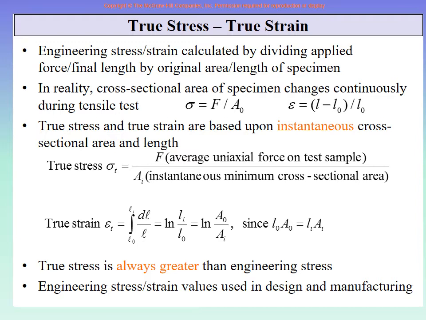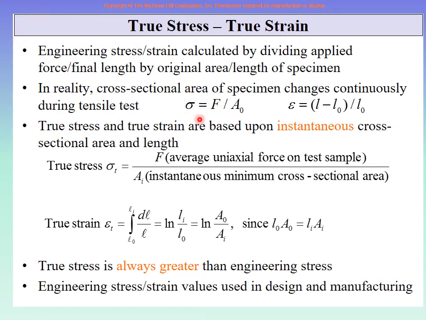When you do this, you call it true stress. Similarly, when you find the change in length divided by the current length, not the original length, right? In engineering strain, you take the change in length, which is totally correct, whatever is the current length minus the original length. So that is very correct. But you divide it by the original length. So this is again a strain value which is sort of artificial. But the true value will be the change in length divided by the current length. So these values are called instantaneous values, the current values.